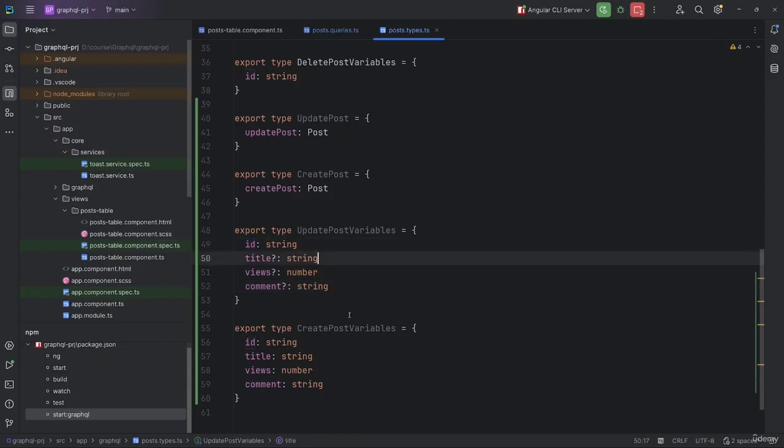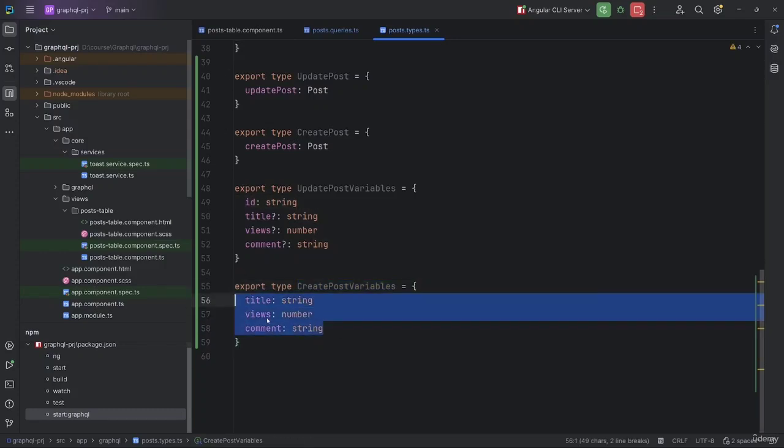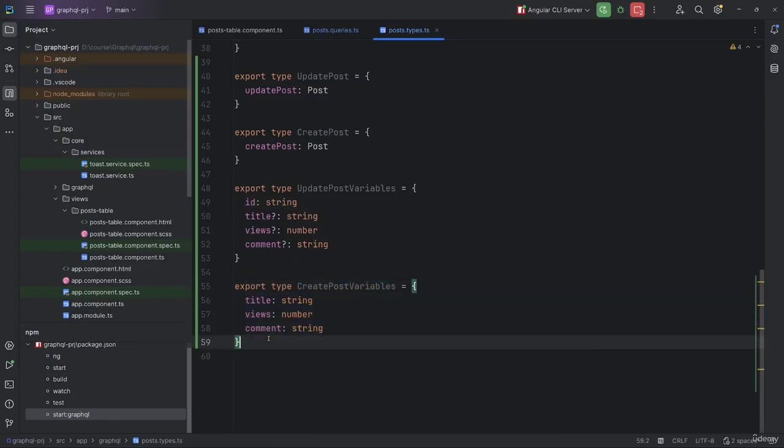Finally, let's create another type called createPostVariables. This time, all fields will be required, but we'll only be sending title, views, and comment. We don't send the ID because it will be generated automatically by the server when creating a new post. Now let's return to the